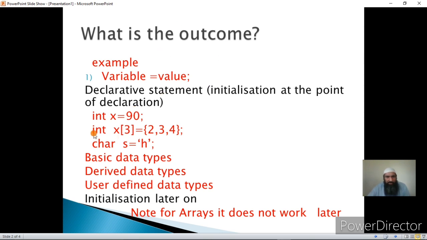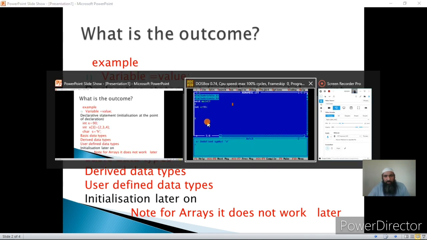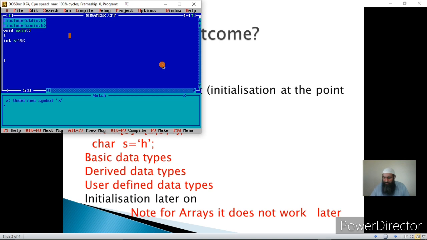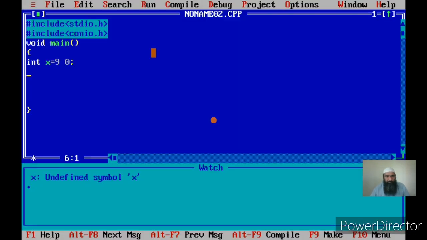Now I can also initialize arrays at the point of declaration. This I have already shown in arrays, but I will show it once again. If I declare an array, say int array of 4 elements, I can initialize it at the point of declaration, with 2, 3, any value I can give.